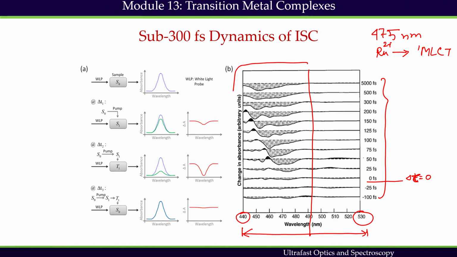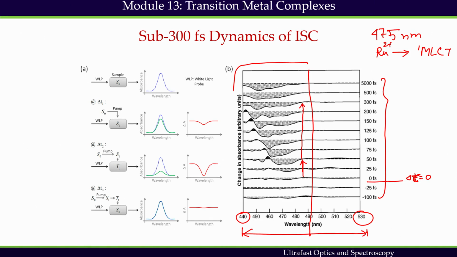So, by 50 femtosecond this bleach signal is growing. The transient exhibits both a marked blue shift and changes in its spectral profile in all of the early time data until delta t 300 femtosecond. So, it is continuously changing up to 300 femtosecond,